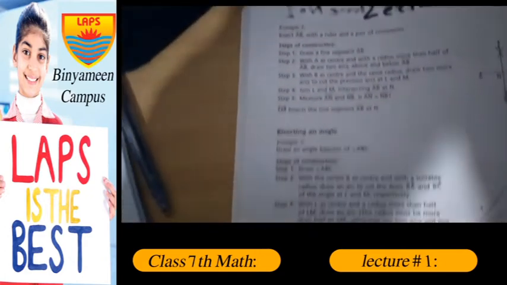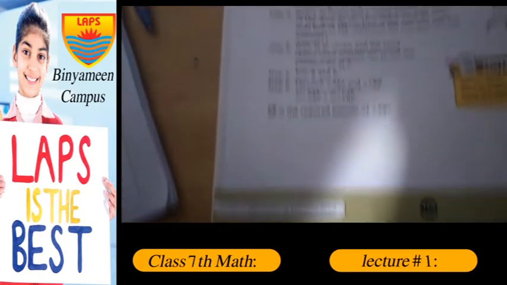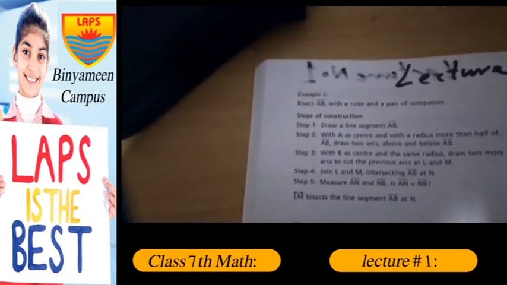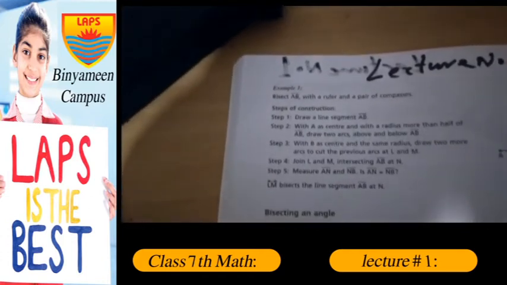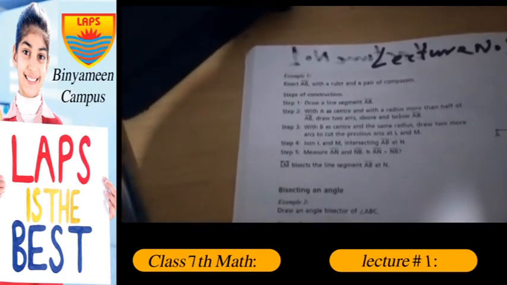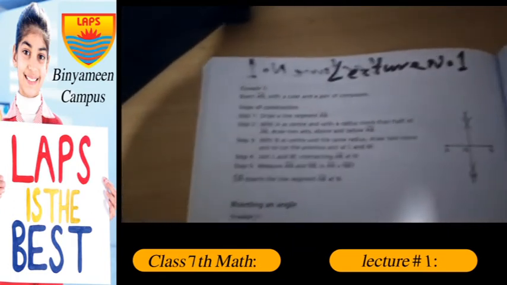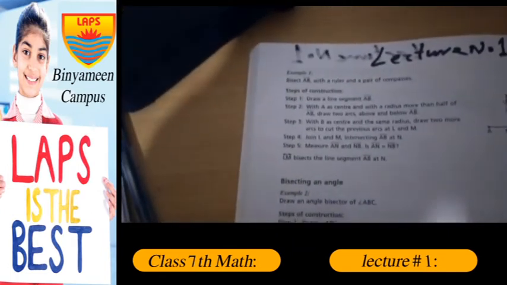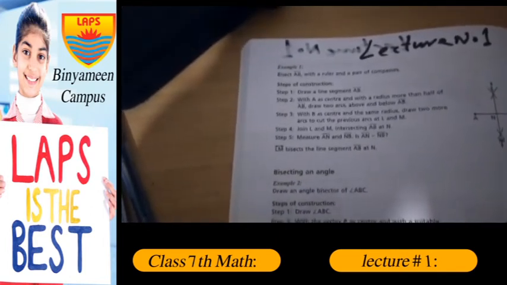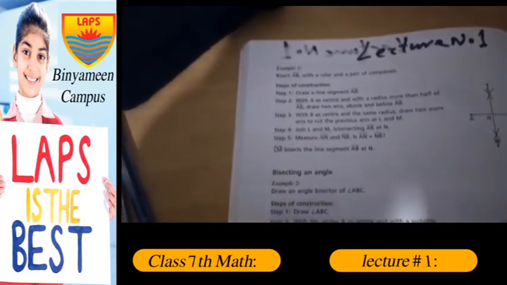Example 1 on page number 160. Bisect AB with a ruler and a pair of compasses. Steps of construction. Step 1, draw a line segment AB. Step 2, with A as a center and with a radius more than half of AB, draw two arcs above and